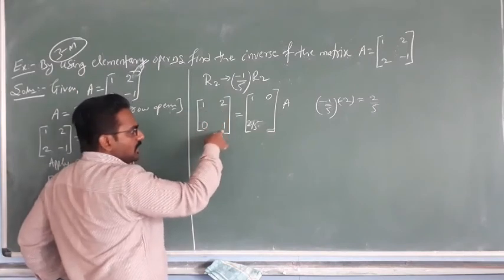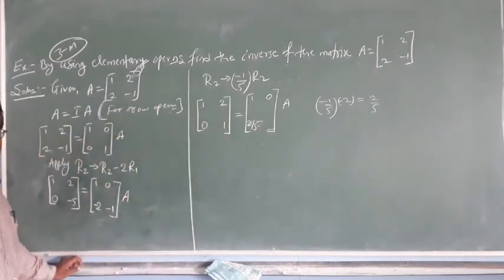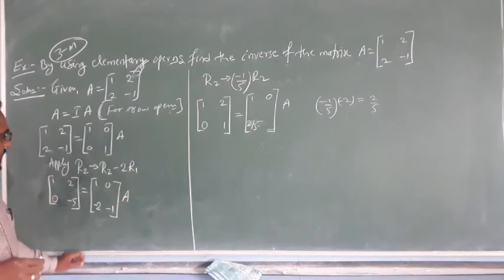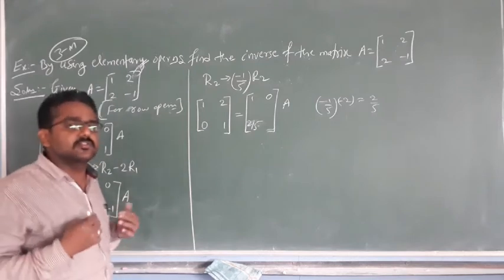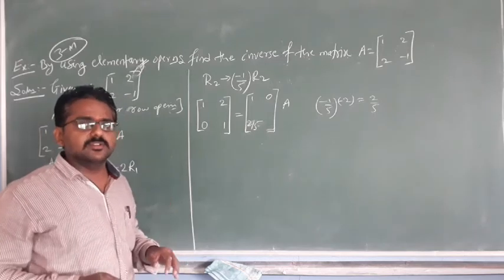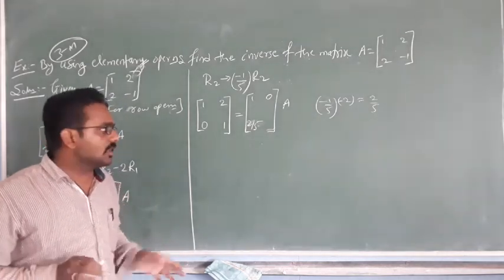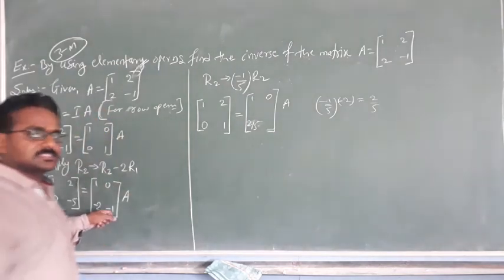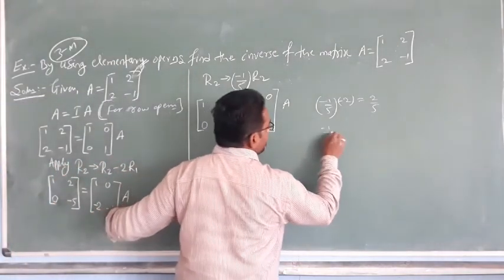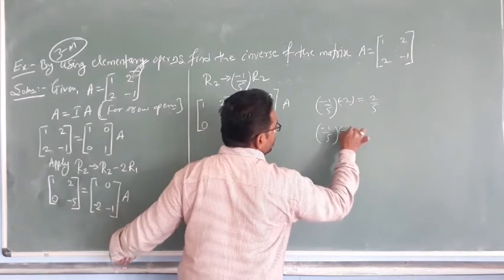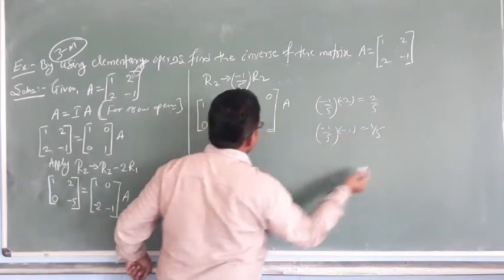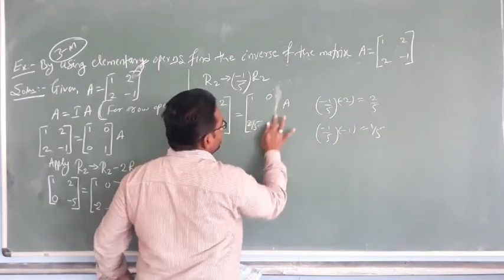Non-diagonal elements must be 0 and the diagonal elements must be equal to 1. That side only you have to make positive. Again, the remaining identity matrix will get converted into another new matrix. There may be any negative or any positive. No problem. Okay. So next, what is the next value? Minus 1. So minus 1 by 5 into minus 1, that is 1 by 5. So what do we get here?